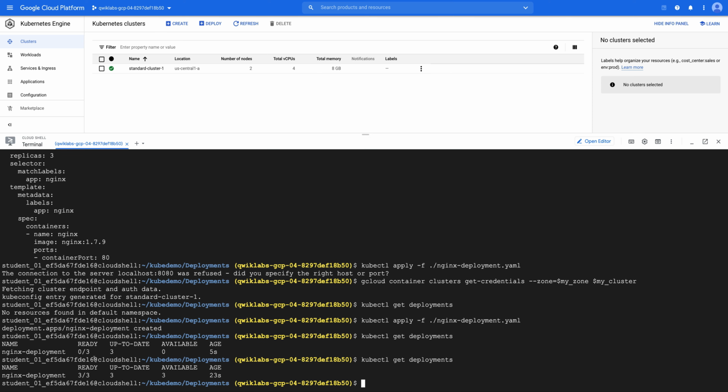Now all of them are available. So 3 of 3 means we requested 3, they were not created yet, but after a while Kubernetes checked the state of our cluster, and the state which we defined, we wanted 3 but there were not 3, so it created those 3 pods, and it created them all on the nodes.